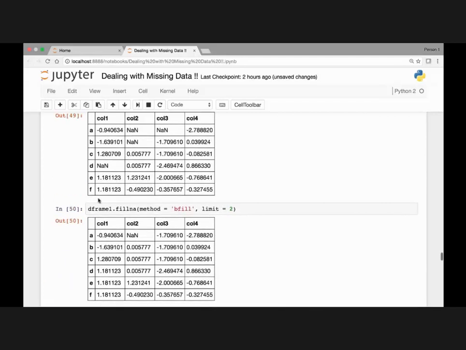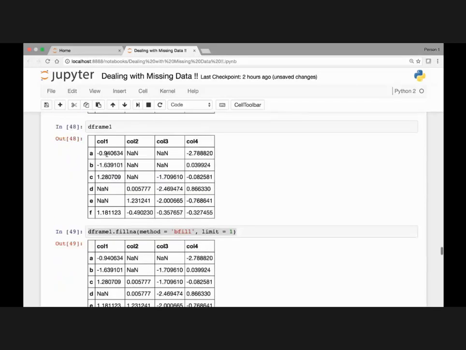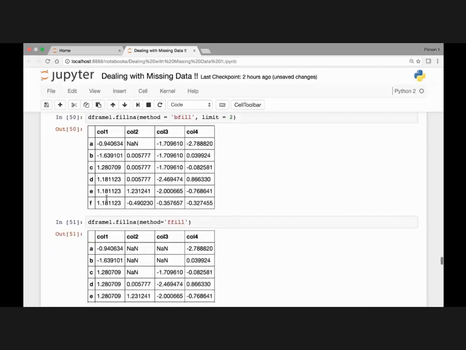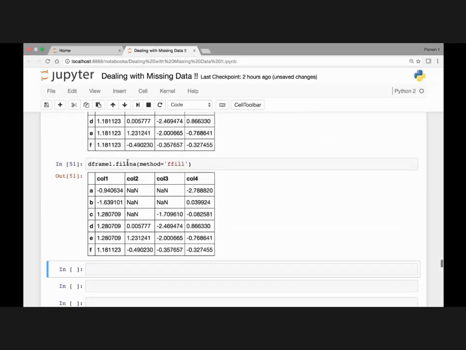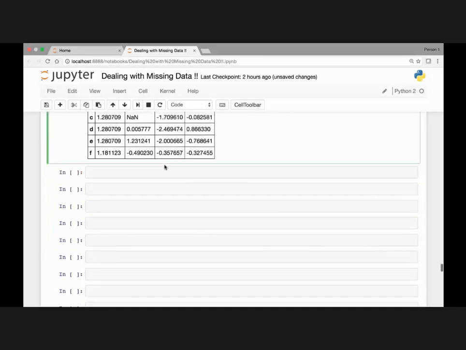Whereas in the first column of our data frame 1, we have two null values, and those are filled with the value before it, which is 1.28, and it filled both of the missing data. Both of them are filled with 1.28 now, and we can limit that